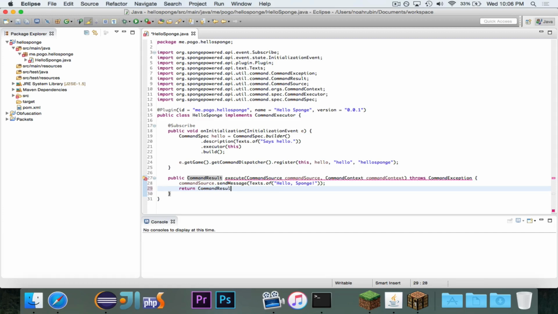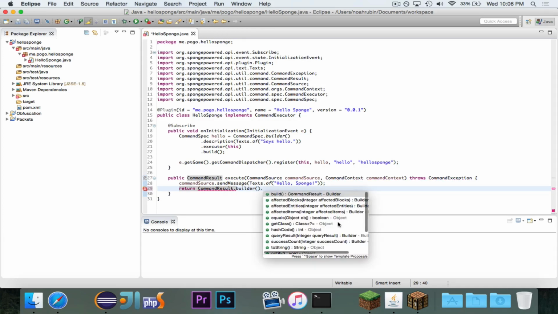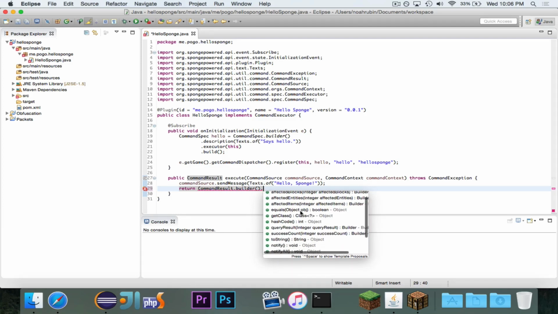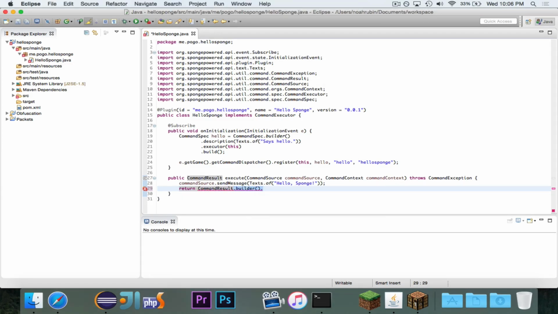So if we do command result, you'll see there's empty, success, or builder. So you can use the builder and talk about the things that happen, how many successes there were, what things were affected, and all of that stuff, just to be very specific. But we're just going to go success because it worked without an issue. So command result.success with the parentheses.